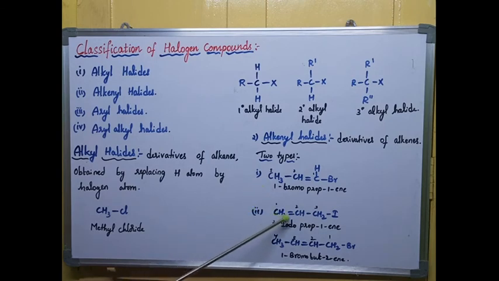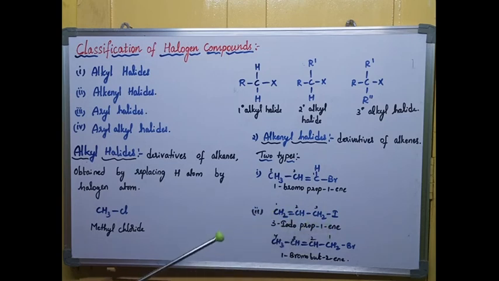You can see here CH2 double bond CH, single bond CH2, attached I. This carbon is sp3 hybridized because it does not have any double bond. If it has a double bond, it comes under sp2 hybridized carbon. If it has a triple bond, it comes under sp hybridized carbon. That is a way to identify the carbons. Here you can give the numbering from this side because the double bond starts from this side. So 1, 2, 3. To the third carbon, iodine is attached. So 3-iodo-prop-1-ene. It is a 3 carbon chain, so prop, and the double bond is at the first carbon, so prop-1-ene.